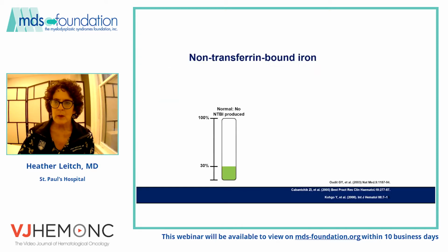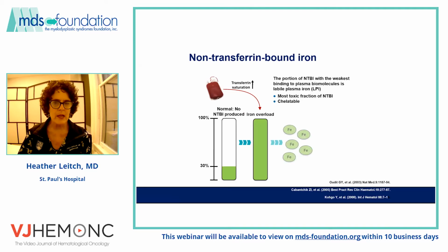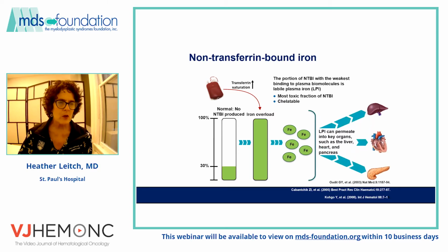Turning to iron for my last couple of minutes, this is my area of particular interest. So the rectangle depicts transferrin, which is a protein that carries iron in the blood and inactivates its toxicity. However, there's lots of iron in transfused blood. So once transferrin is saturated, we see the appearance of non-transferrin bound iron in the plasma, which can not only